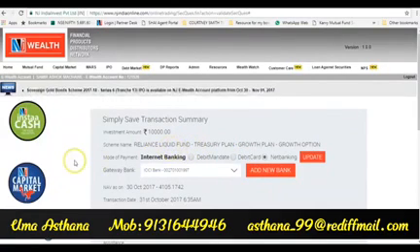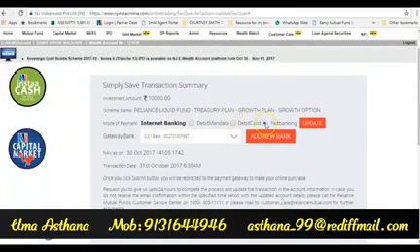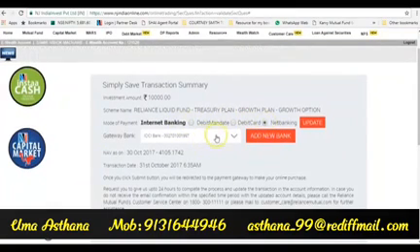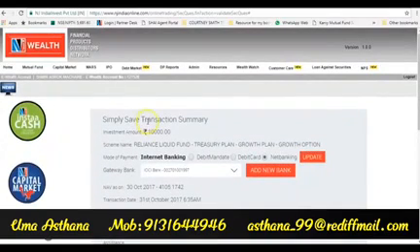Please note that here only net banking facility is available. You have to add the bank and then submit. Then it will take you to your internet banking portal from where you can transfer the money to this place.